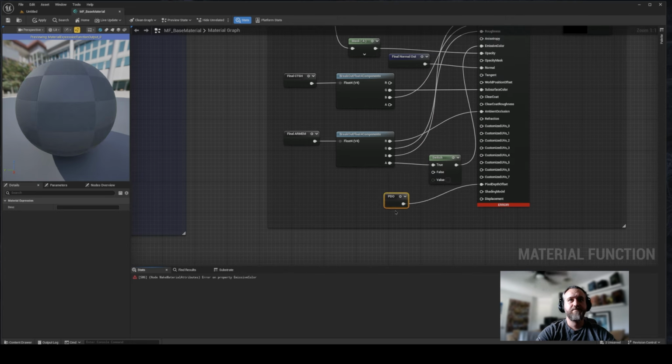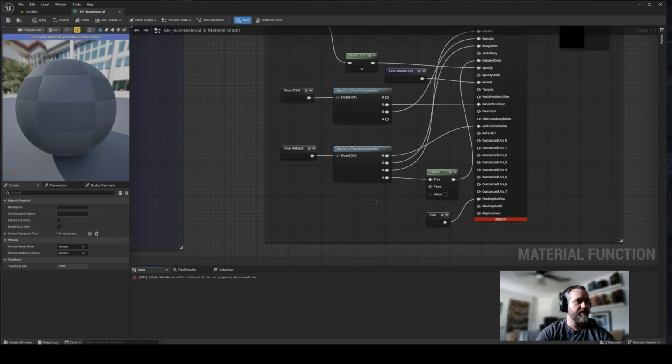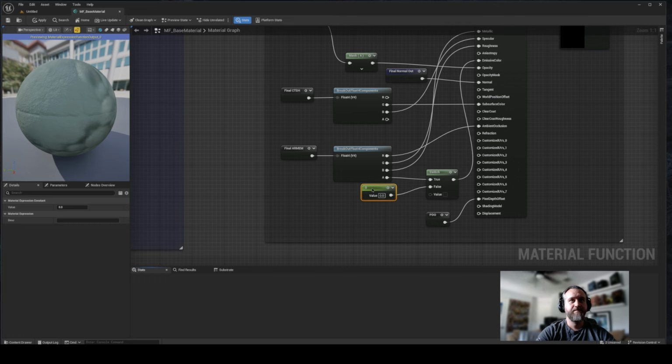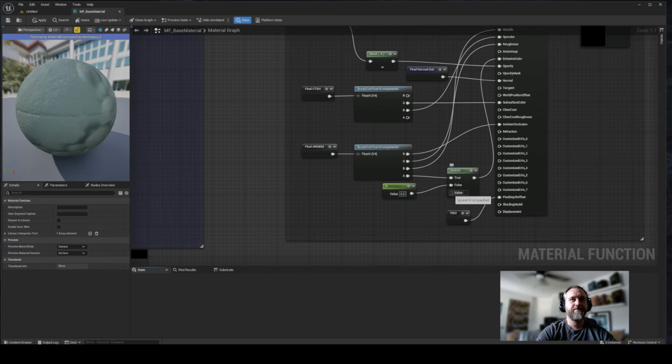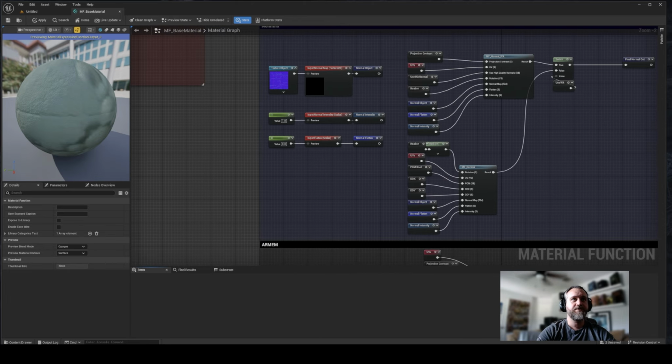And for false, we're going to feed it a constant 0. So just hold one click in your graph to get a 0. And for the value, we're going to need to